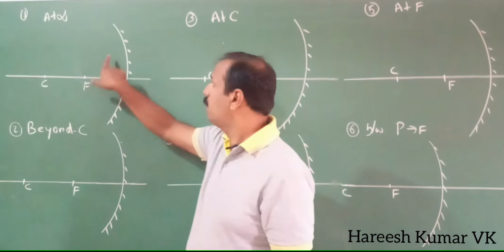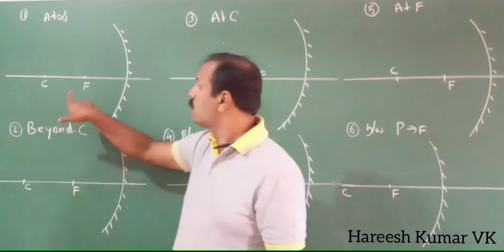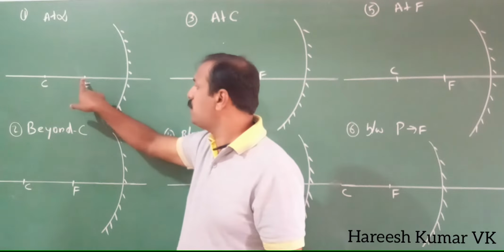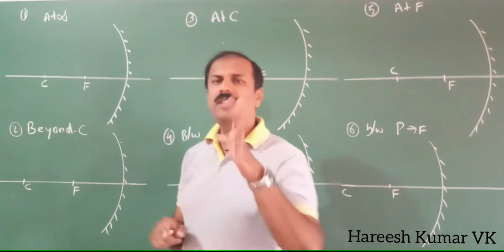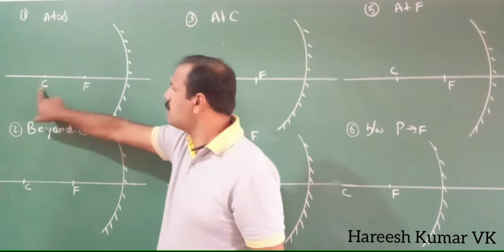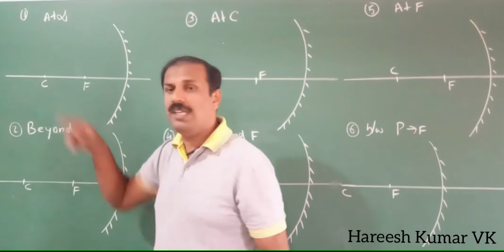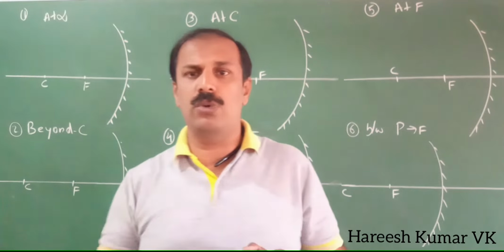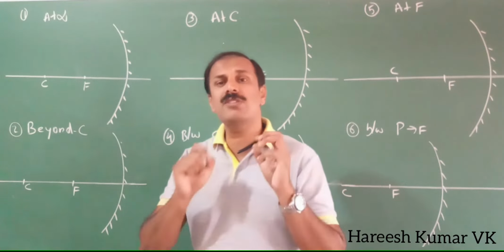Here you see the mirror is here and the light is coming from that side. So this is F, this distance will be the focal length, and this is C. One thing you have to remember: this C is equal to 2 times the focal length, that is this distance. So C can be written as 2F also. In the case of a lens, instead of C we will use 2F.